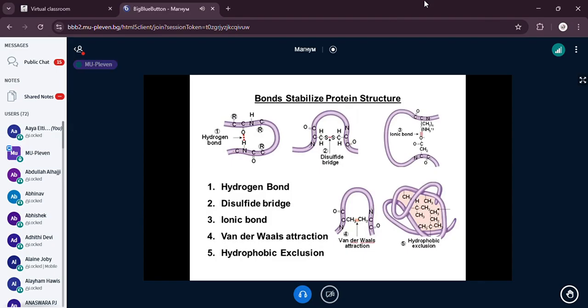I simply copied some pictures showing that hydrogen bonds exist in protein structure, disulfide bonds, ionic